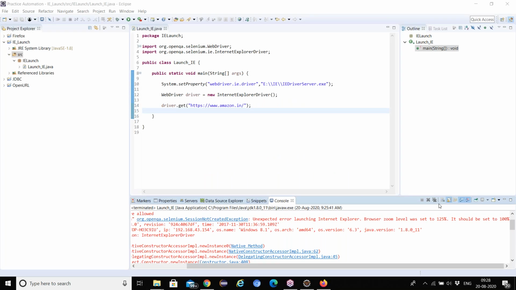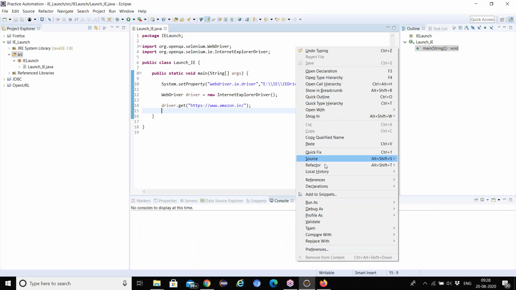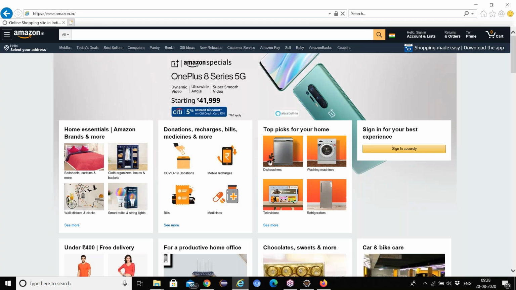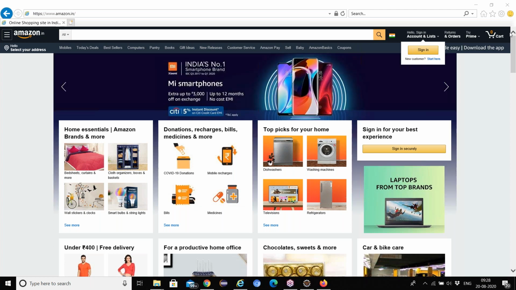See guys, this is an interview question. No need to search. Don't ask me, sir, give me interview questions. These all are interview questions only. What type of errors do you face while doing automation? Tell this error: while launching IE, my zoom level is 125, it is not allowing the browser to launch, so I changed the browser zoom level to 100. So you need to tell this error.